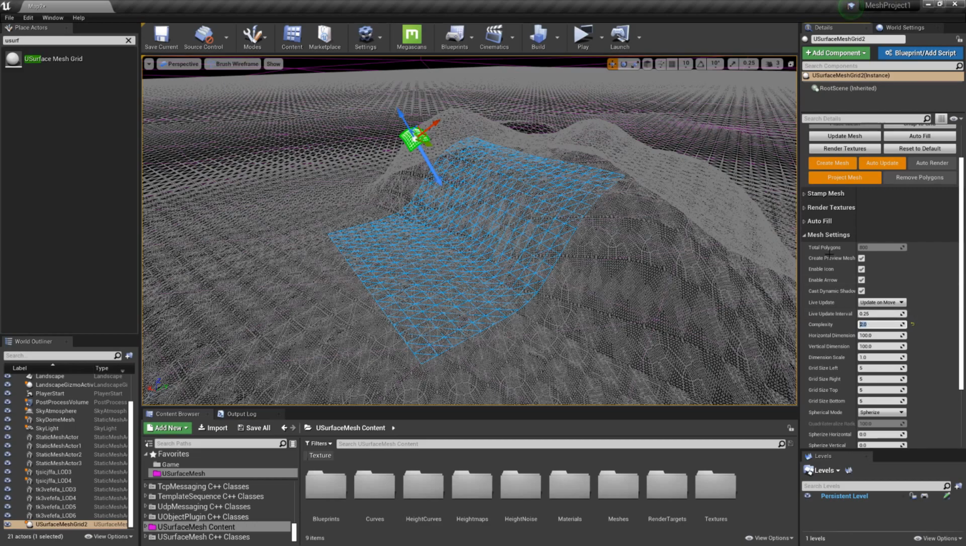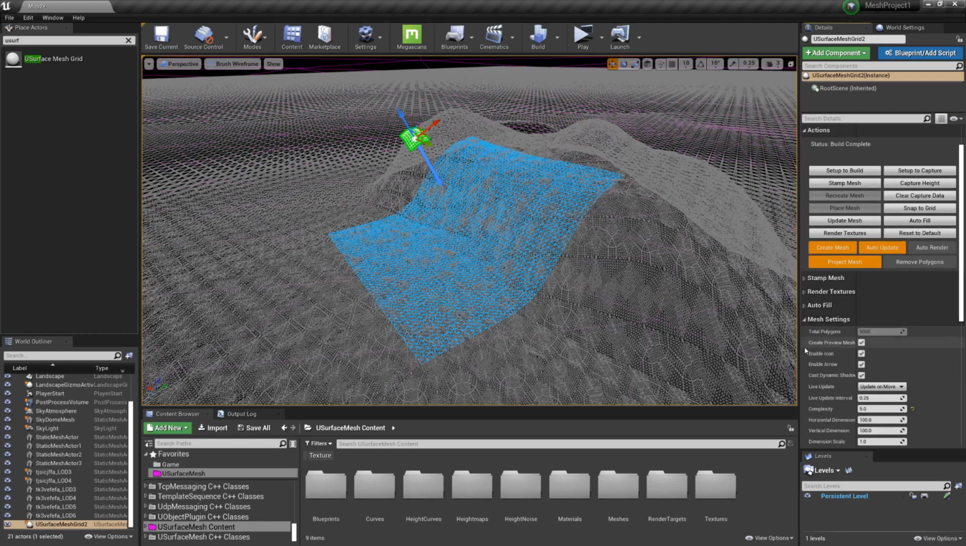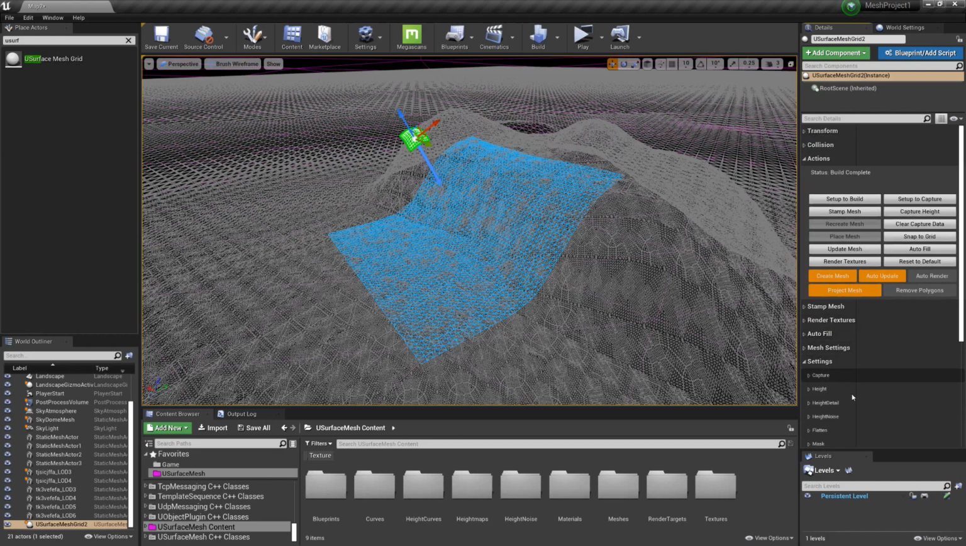So at the moment we have 800 polygons. And if we increase that to 10, then we now end up with 20,000 polygons. And as you can see, it's subdivided it even more. And if we change that back down to 5, which will decrease the complexity, and now if we want to add some height to it, we'll go to settings and height,